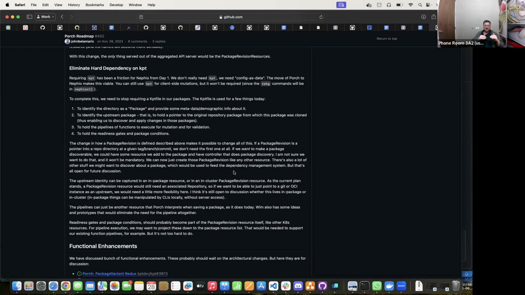So those are things we use it for today, but really, rather than having those all embedded in one big Kptfile resource, we could break those out. Those are independent functionality that we may or may not need in any given package. So when I create a package, I may not need to track the upstream. So what I'm suggesting is that upstreamness becomes a separate resource, or it's part of this package resource. I don't know. We'd have to debate the design of the specific APIs, but